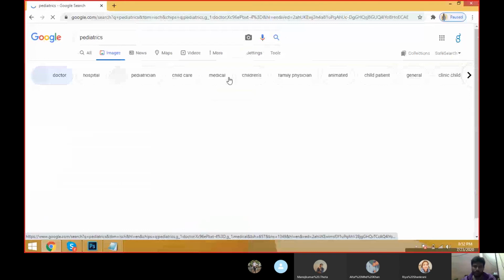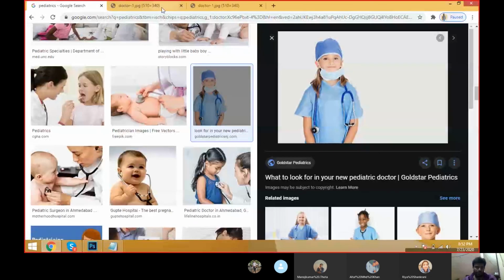See here, guys. What is the background color here? It is a white background, and the photograph is different. Go to the image, open in a new tab, click save as.